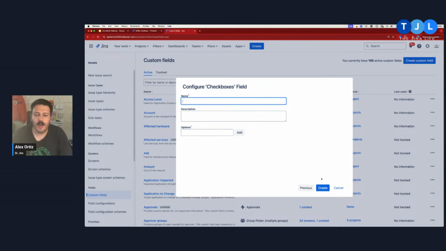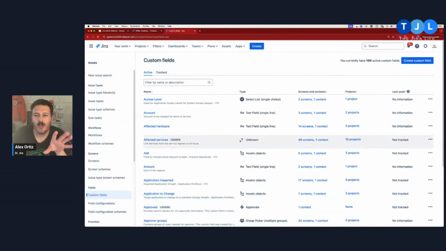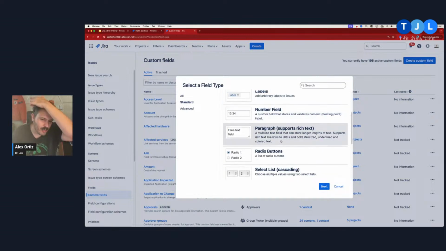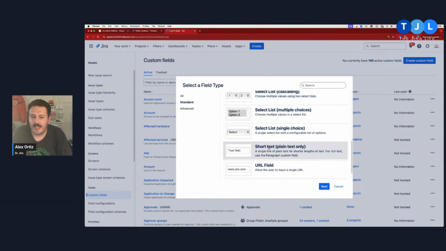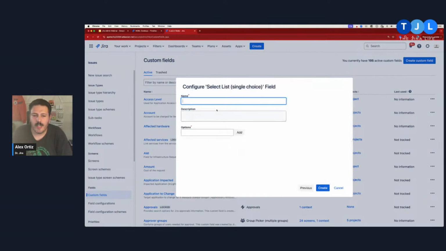Oopsie. Okay. One little bug that I see, and I should really report this one to Atlassian. Every once in a while, if you keep this open for too long, it won't register. So I usually start all over. I usually do a refresh. I kept that window open too long as I was describing all of the things, right? So you create this custom field, click it again, start all over, because sometimes it just won't save. So I'm going to start all over here. I'm going to go